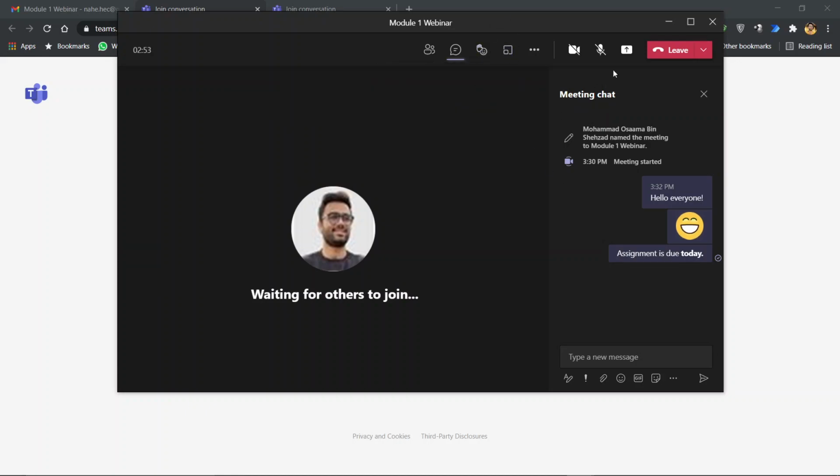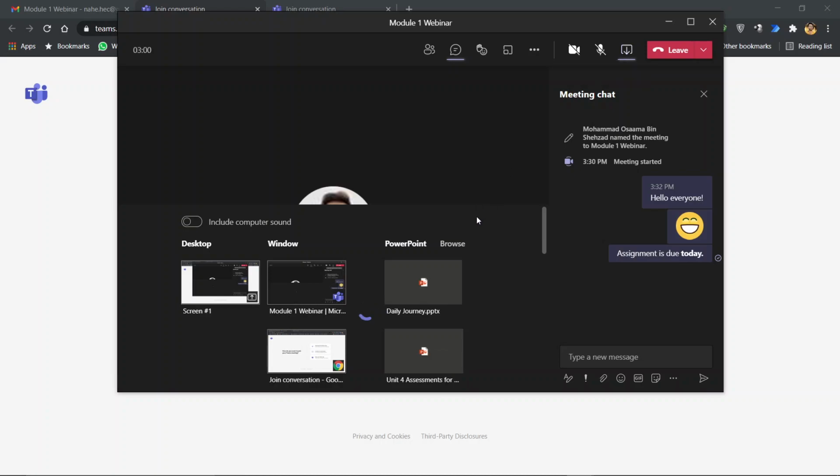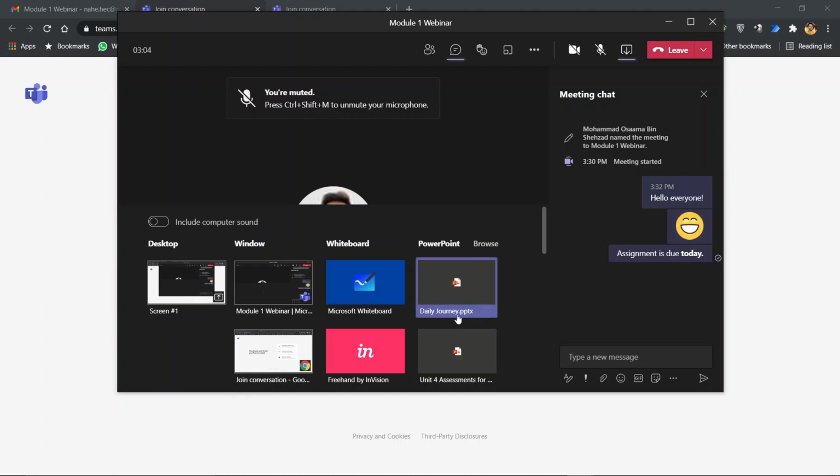And you can also share screen. If you want to share your screen, you can click on this icon here, share content, and then you can share multiple screens. If you want to share everything that's happening on your laptop, you can click on desktop, screen 1.